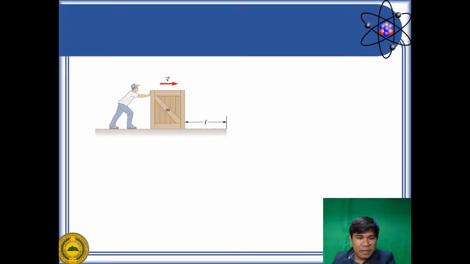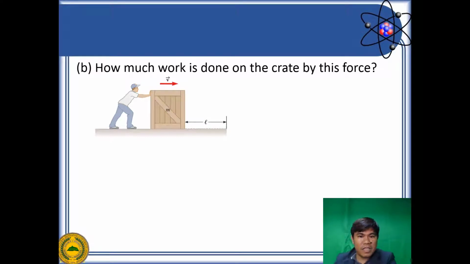For letter B, we are asked to solve for the work done on the crate by this force F. So we already solved for the amount of F, and you can remember, this is just equal to 73.5 Newton. Now, the work done is actually equal to this. So we know that by definition, work is just equal to the scalar product of the force times the displacement. But you have to take note that the displacement in this case is denoted by